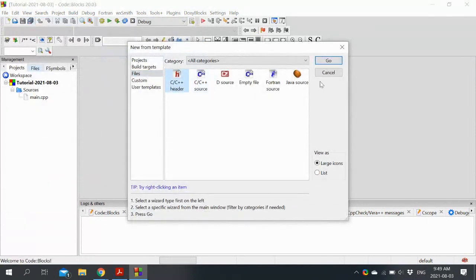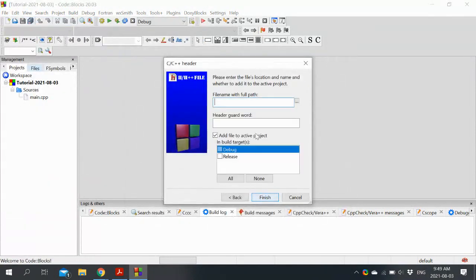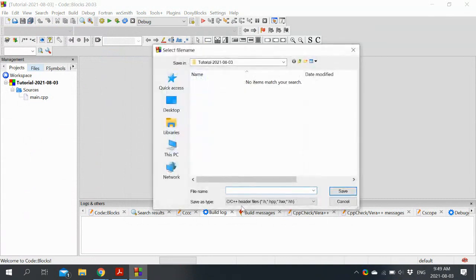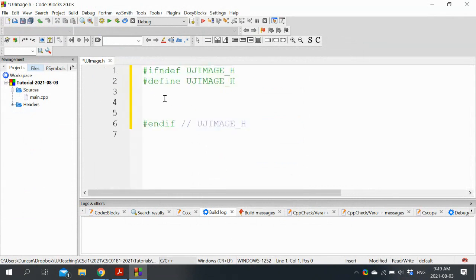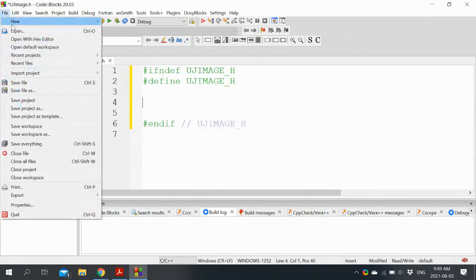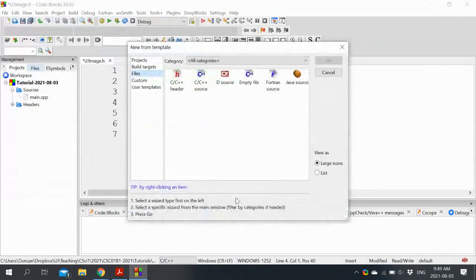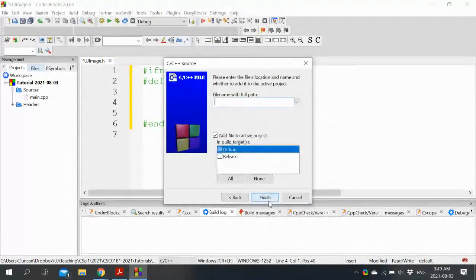So firstly, let's build ourselves the skeleton of our image again. Remember, for every type that we've got, for every class, we're going to have a separate header file and CPP file. So for ujimage.h, we're going to have the declaration of our UJ image, and its corresponding full definition, its implementation, is going to be inside ujimage.cpp.